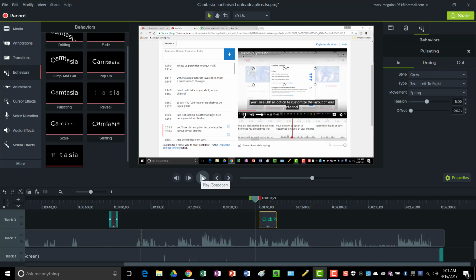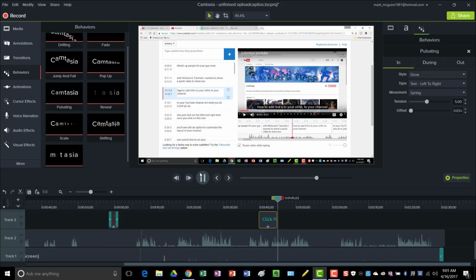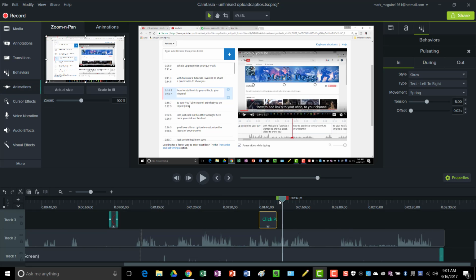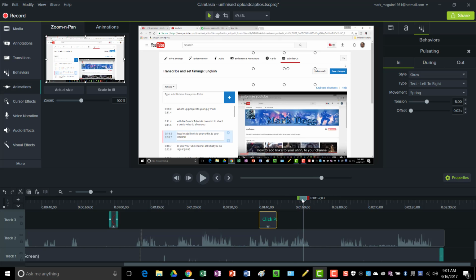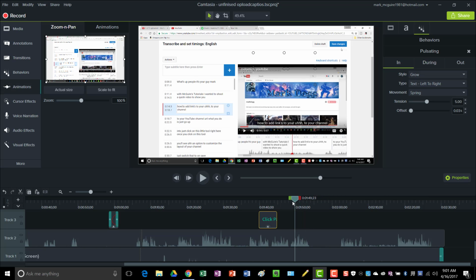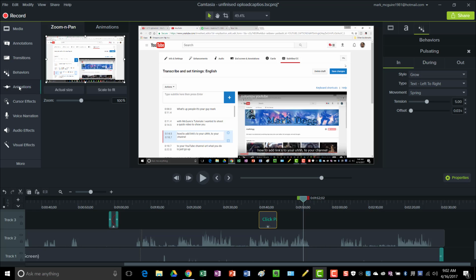Now let's check it out. Just click pause, and then you could correct it over here. And once you've corrected, you just click in, you correct that little. That's how you add behaviors. Now animations is if you wanted them to focus on a particular area. I really like this, like if you wanted to emphasize over something. So let's say if I wanted them to really focus on save changes. Just click, once you click over animations, just go into zoom and pan, and the area that you wanted them to really focus on,